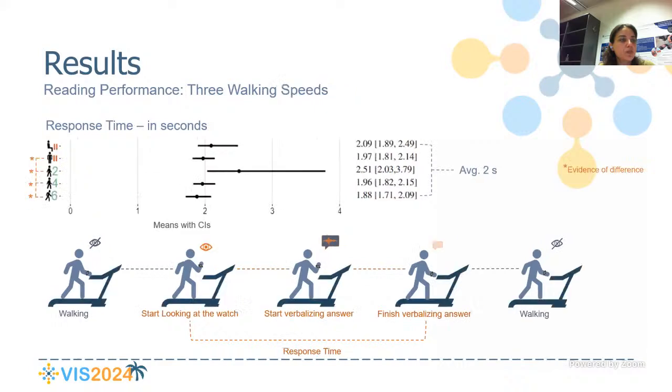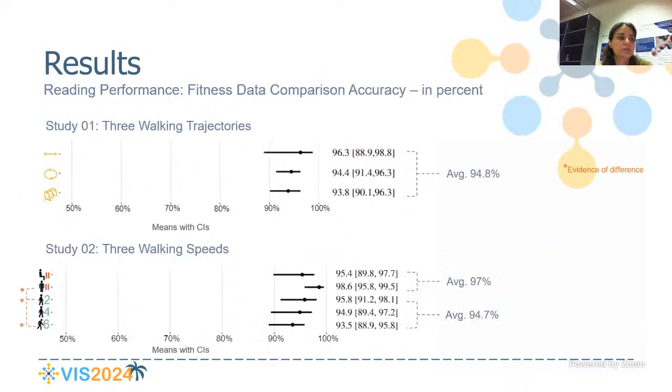In contrast, response times were way shorter for the 3 walking speeds and the sedentary conditions, on average 2 seconds. And the highest response times were during the slow walking pace condition, while the shortest response times were during the 6 km/h jogging condition. For both studies, participants were very accurate in finding the data type with the highest proportion,